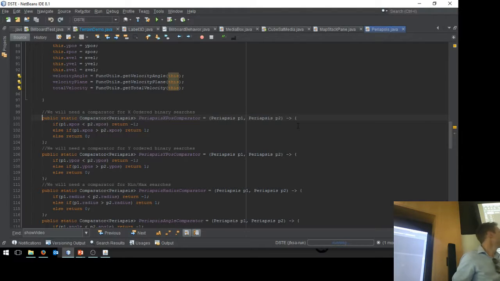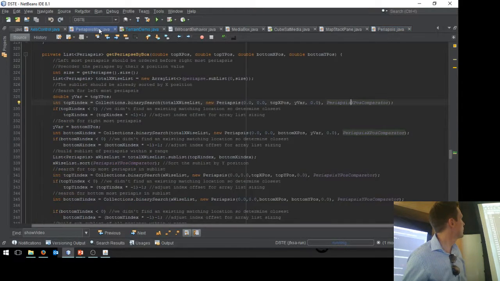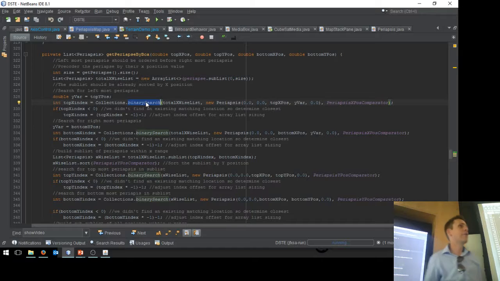That's how you do it, and then for graphics' sake, you do it one at a time. So now, once you have these types of comparisons as objects, you can pass them in. Once you have these comparator objects, you can pass them into a binary search call, and the binary search